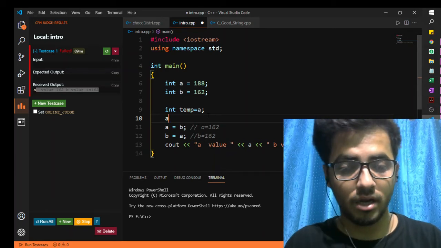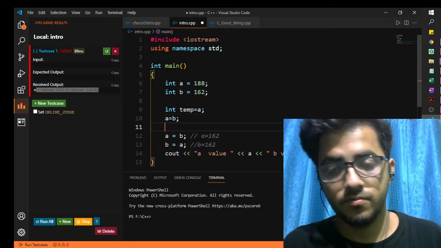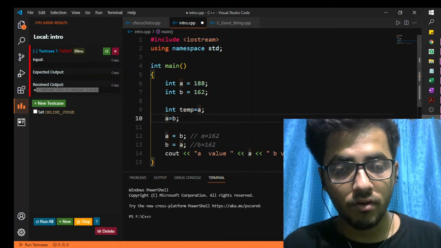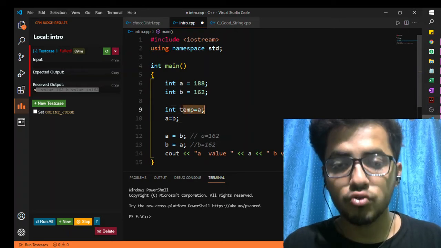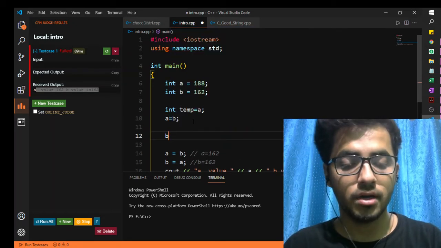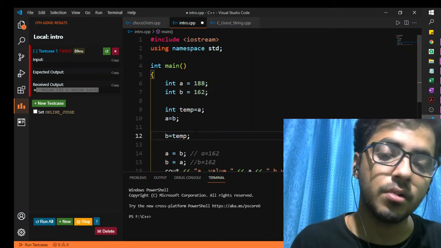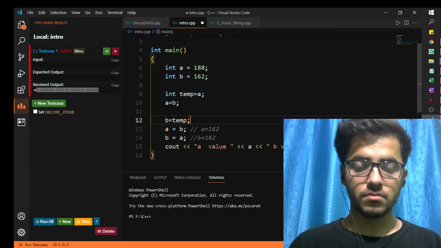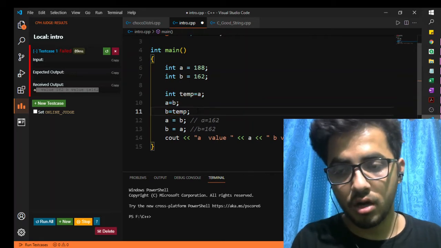After it you can assign the value of B to A. After this step, since our A is changed, but at this particular point we also have the previous value of A, what you need to do is assign the value of the temporary variable to B, and that's it. By following this pattern you got your output.